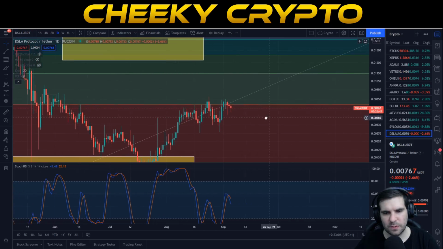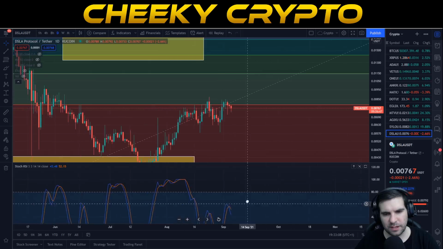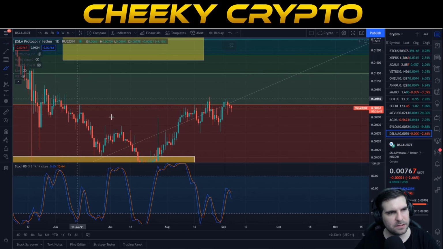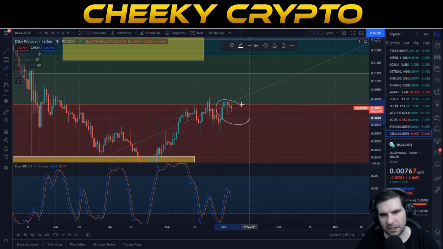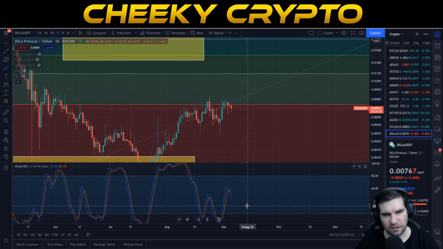So right now, this is an interesting one. We are nice and low. We take a look at the stochastic area here. If I actually get my pencil, we can see that we've moved all right to the upside, but we are looking at a bit of a pullback in the last 3 days. This is correcting our daily stochastic to a pretty decent level here.